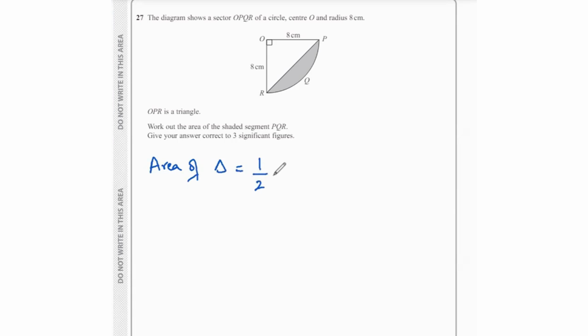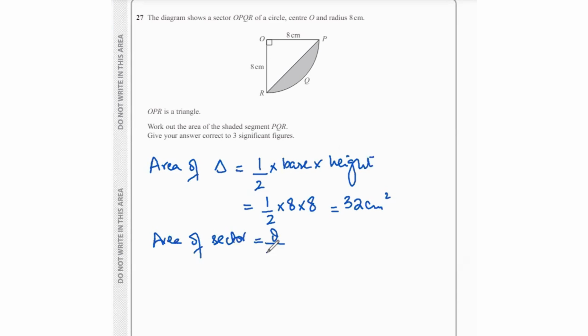We will use the formula 1 over 2 times base times height, because it's a right angle triangle. So that's going to be 1 over 2 times 8 times 8. And that's going to give us 32 centimeters squared. Next, we will find the area of the sector